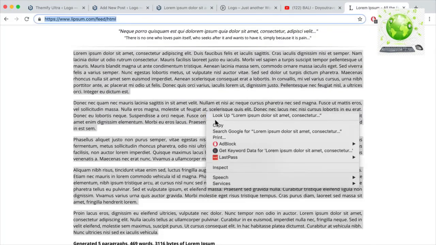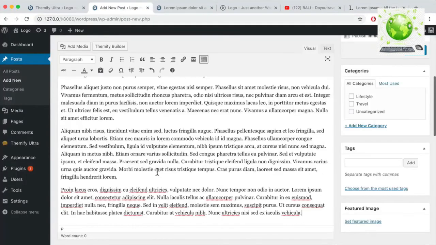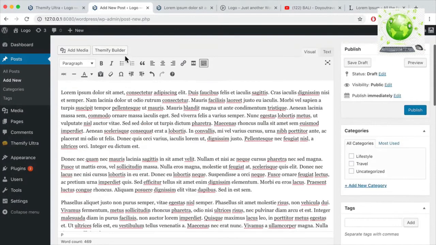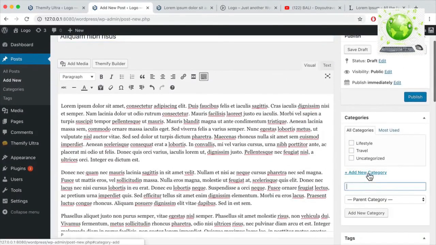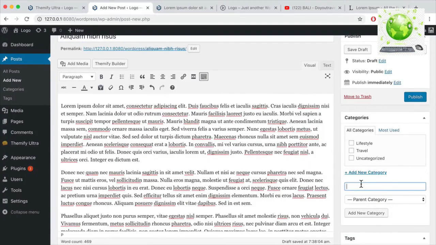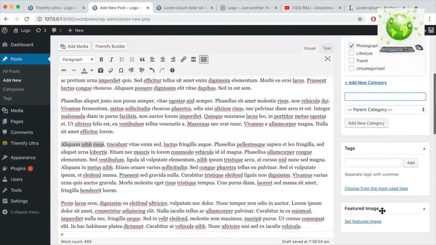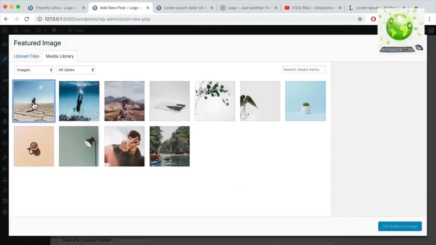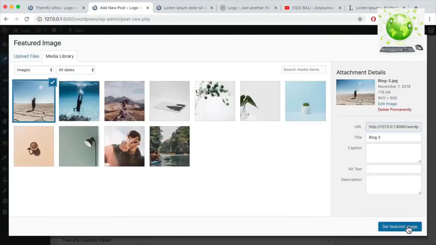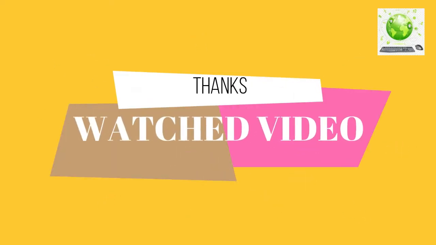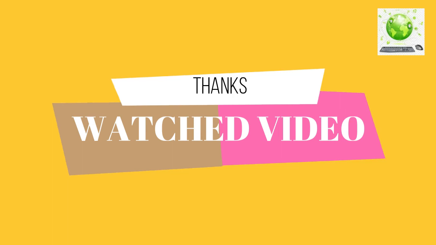All right, so copy over the text, paste in the text, paste in a title, add a new category, add new, and then you can set featured image, which is I think this one here. Set featured image. To change it to